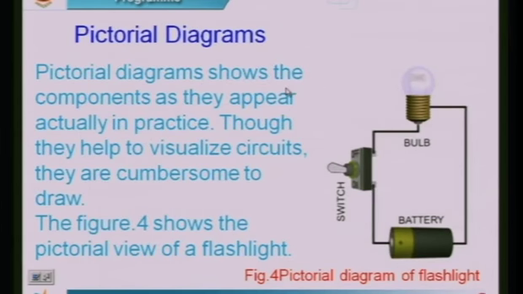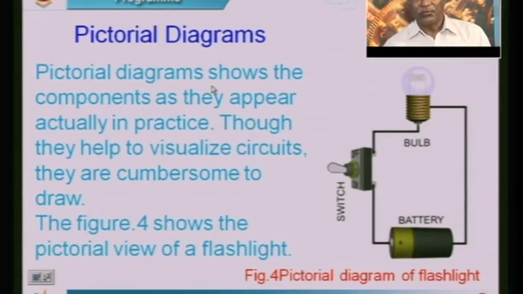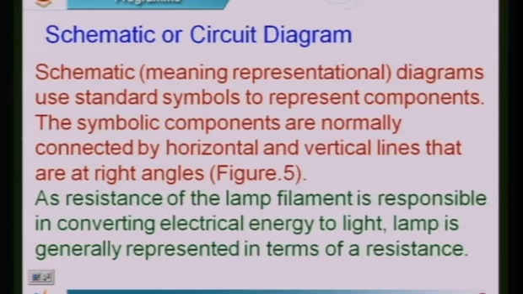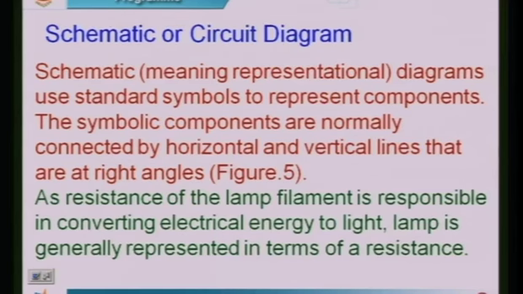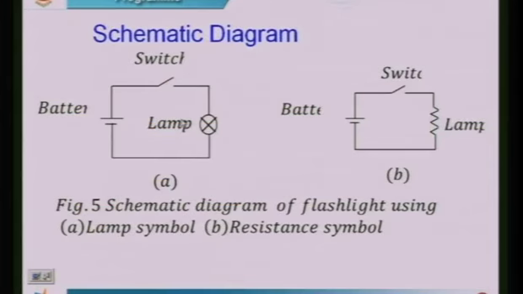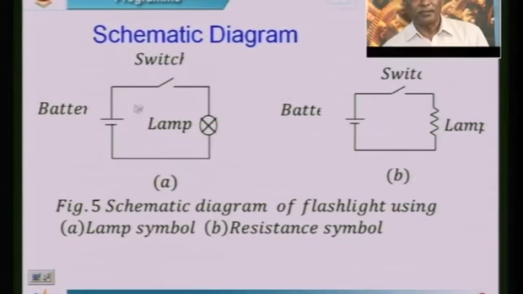And it may be a pictorial diagram, wherein the diagram is indicated by components which look like they do in practice. So in that respect, you can see here now, this is the battery, this is the switch, and this is the lamp. But it is too cumbersome to go for this pictorial view, or even the block diagram. In that respect, schematic or circuit diagrams are used, where standard symbols are used to represent the different components of the circuit. In that respect, you can see here now the same flash light has been shown by this